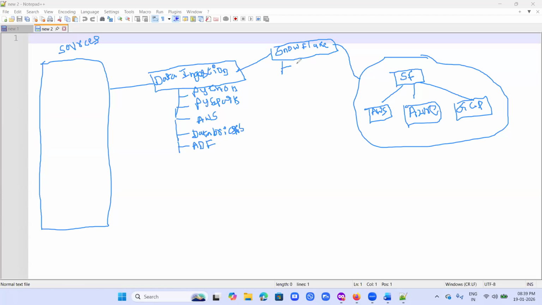One, internal and external tables, internal or external storage concept, external stage concept,